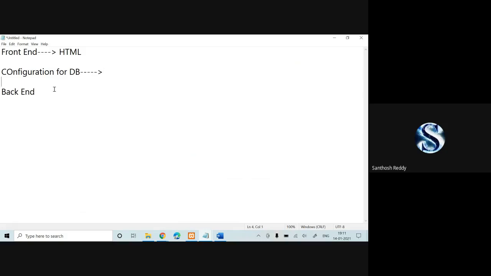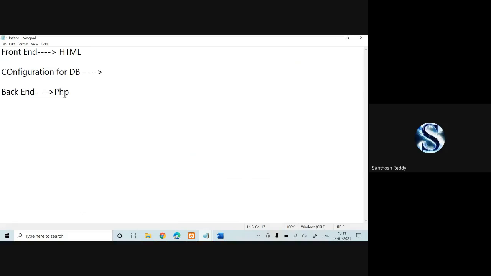And the backend is used so that whatever data you write in the front end part has to be extracted and stored in the database. The language we are going to use in the backend is PHP.